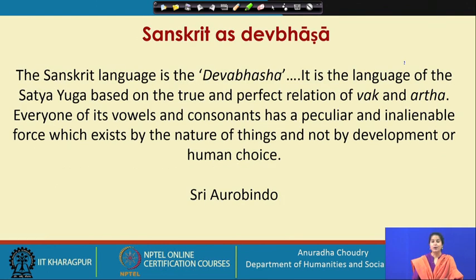All right. I'd like to end with this quotation on Sanskrit by Sri Aurobindo, and he says that the Sanskrit language is the Deva Bhasha. It is the language of the Satya Yuga, based on the true and perfect relation of Vak and Artha. Every one of its vowels and consonants has a peculiar and inalienable force which exists by the nature of things and not by development of human choice. And therefore this relationship of Vak and Artha, and this is my comment, the relationship of Vak and Artha that we've spoken of earlier on,